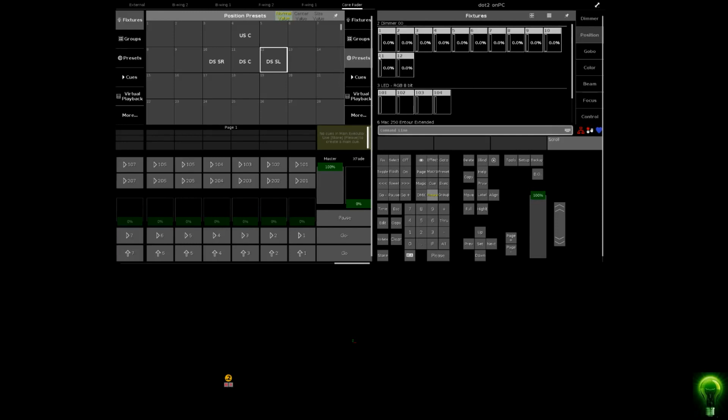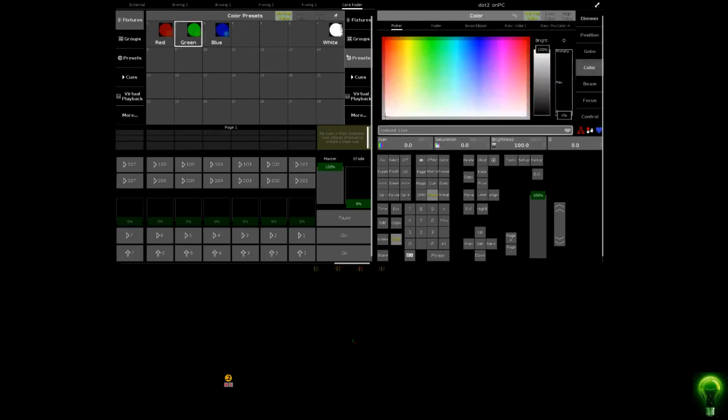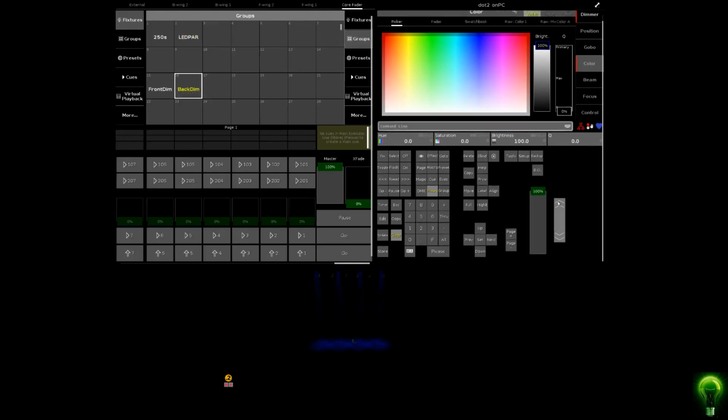So what we'll do is we'll bring up our LEDs, go to color, we'll put them in green, we'll give them some intensity. We'll put them in blue. We'll go with a little bit of backlight. So we'll go groups and we'll go backlight and we'll grab our fake wheel. If it's going to let us, no. We'll go add and we'll go like at 25%. And then we'll grab our